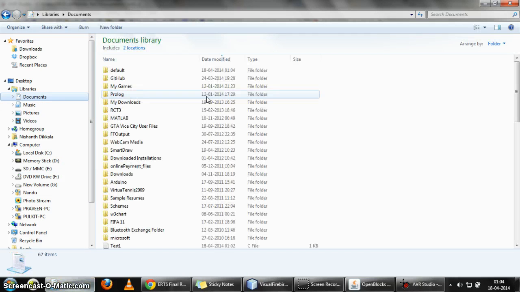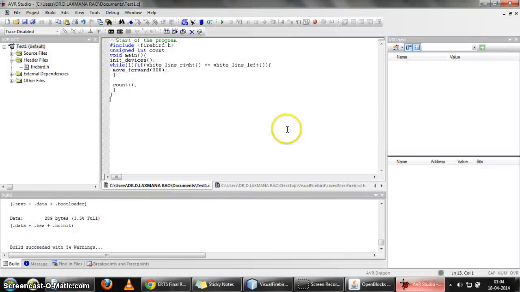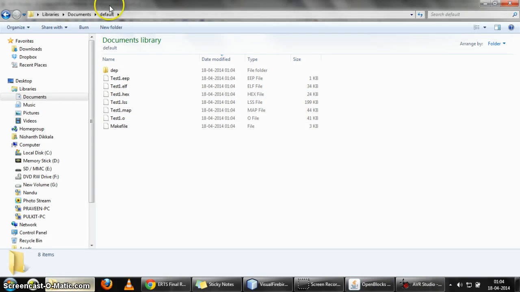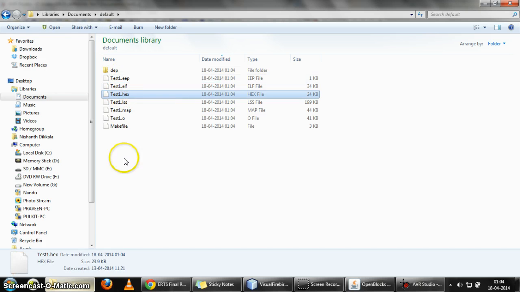Wherever you have created your project C file, in the same folder you will see another folder which has been created by the name of default. Within that folder you will see many files with different extensions. Among that, the test file name .hex is the hex file we will be burning onto the bot to execute the code